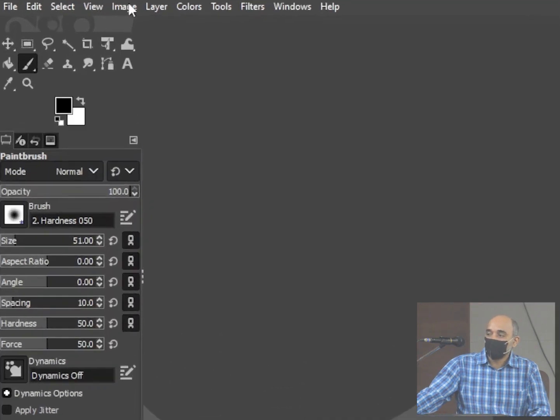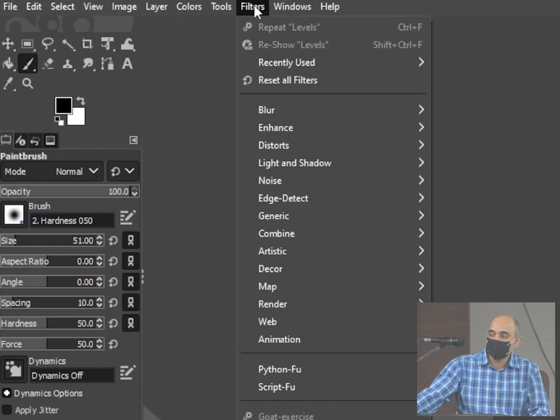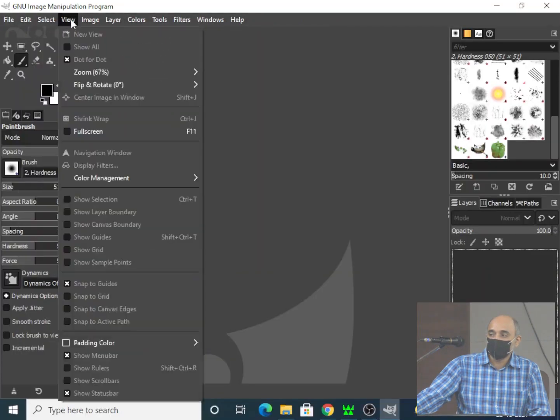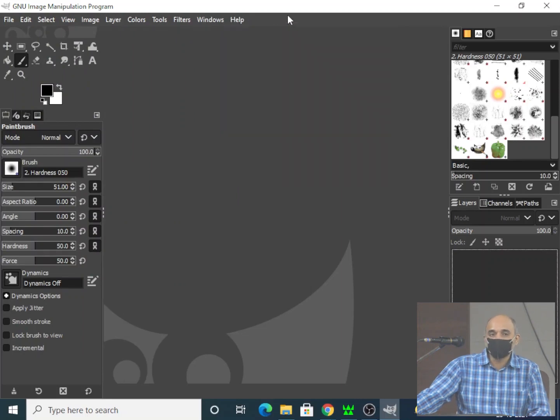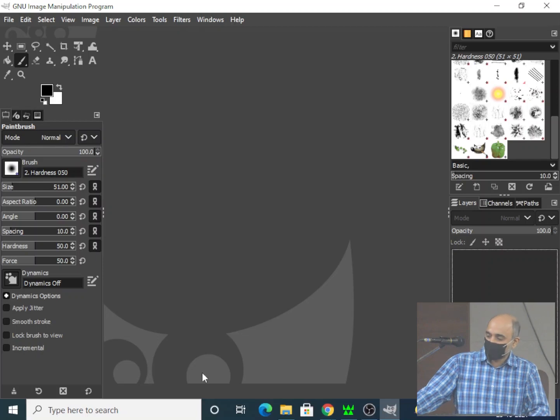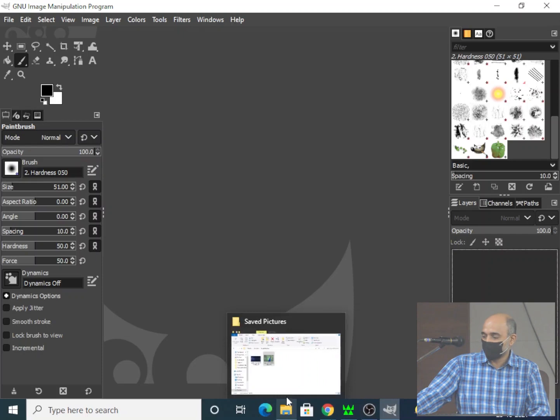Okay, similarly on top you will find that under everything there is image, there are options. Under layers there are options, colors there are options, tools there are options, filters. So if you go to see, it has got a lot of features packed in here. As far as the syllabus goes, we have kept it limited to just masking, blending, rotation and transformation, and those operations on a particular image. But there are a lot of things to explore, and we'll try to explore some more once we finish whatever is expected of the syllabus. So if you're interested in knowing more, we'll also try to do that.